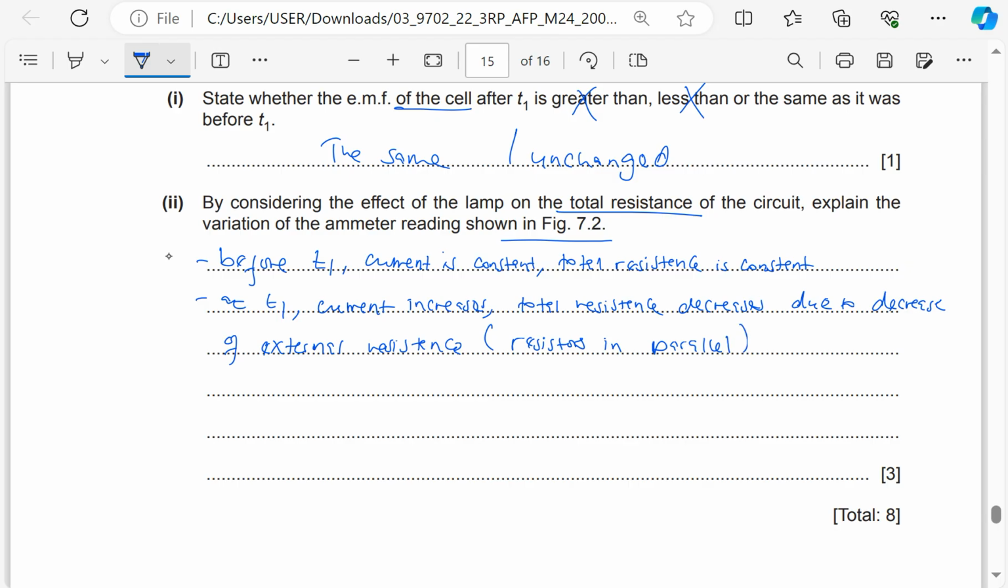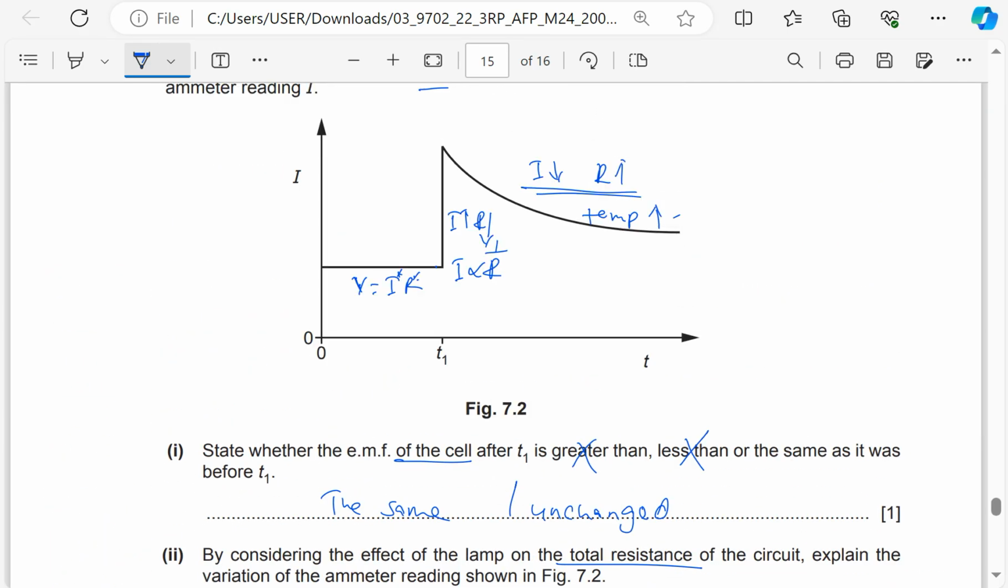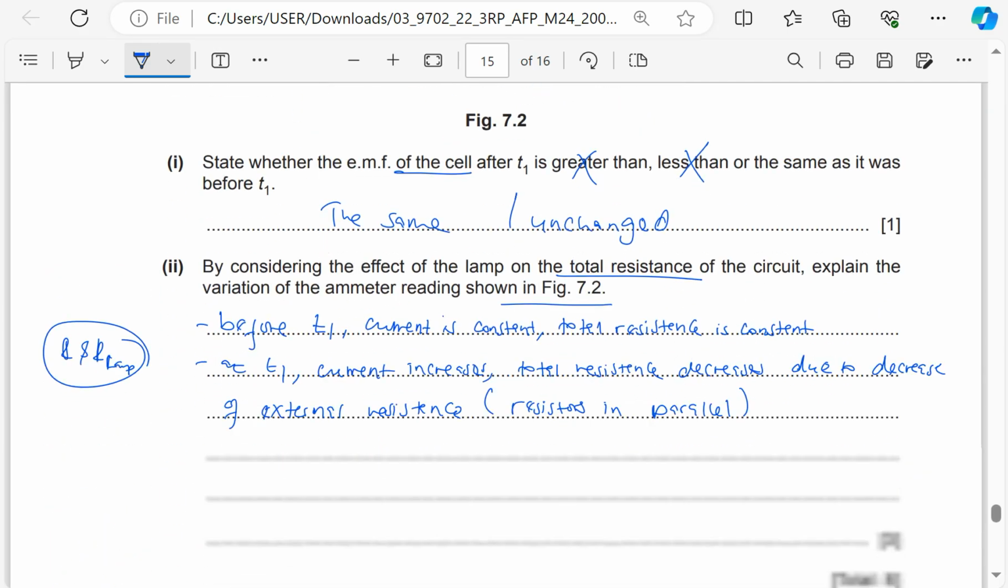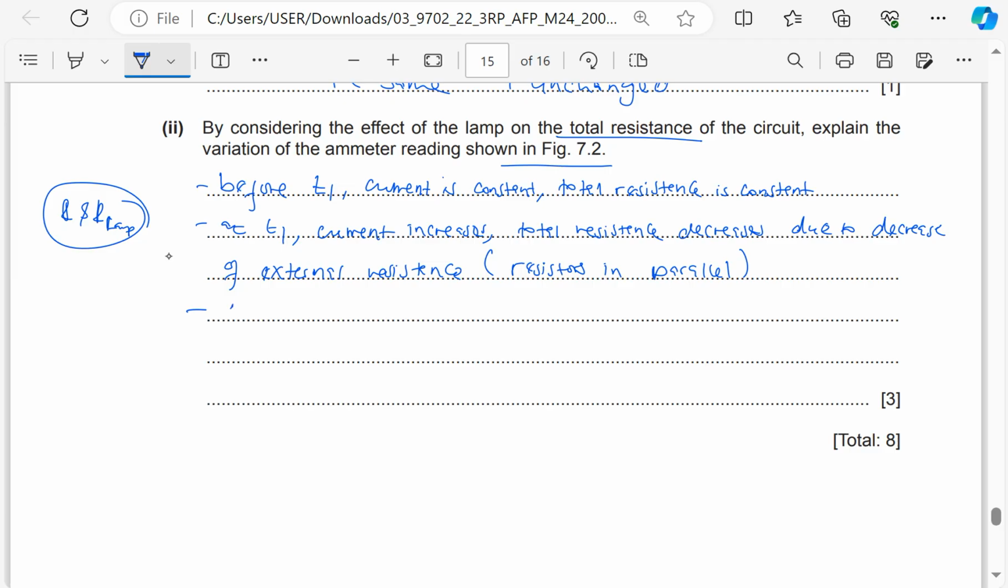We have resistors in parallel. One is the fixed resistor and one is the resistance of the lamp. Then in parallel, the total resistance is less. Then after T1, we see again the current is decreasing. So we are saying after T1,